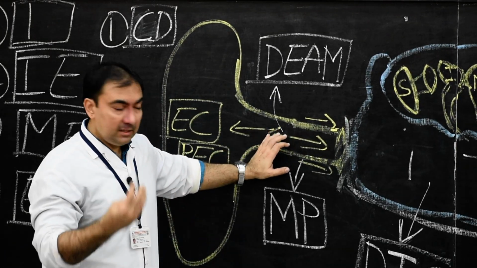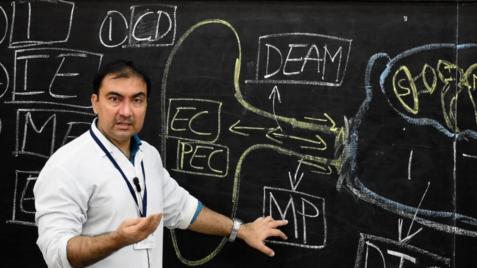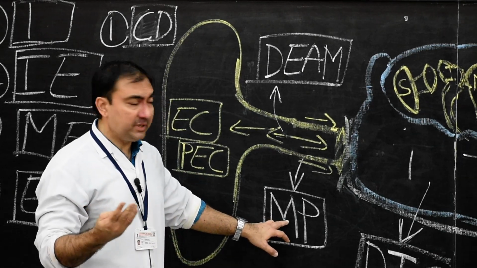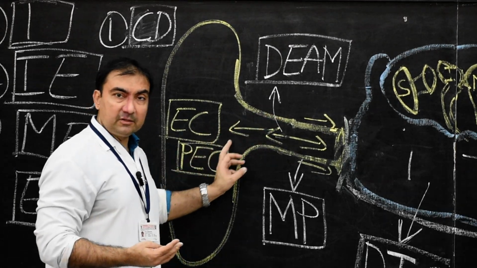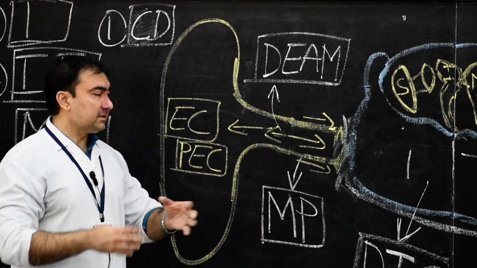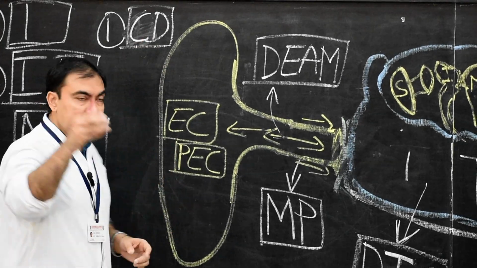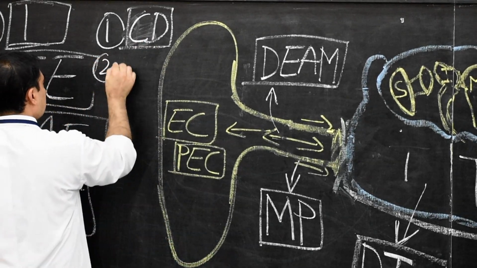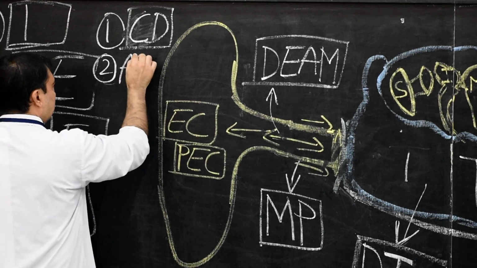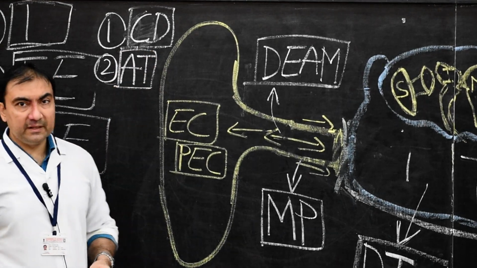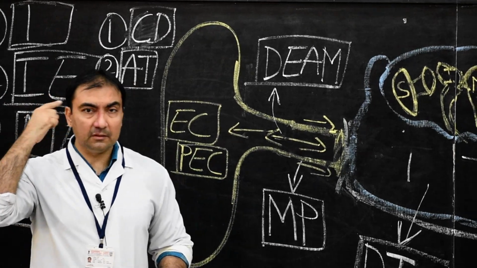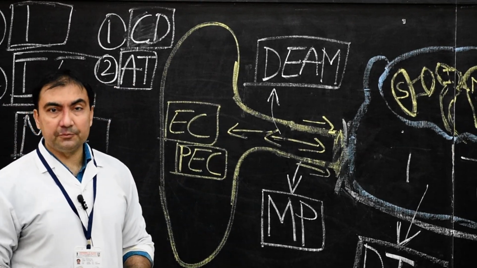The meatal plate, that is the meatal plug, may not develop. There may not be development of the primitive ectodermal cleft. All these factors lead to congenital deafness. The second anomaly will be accessory tubercles. In many persons, you may find various tubercles present on the auricle. They are called accessory tubercles.